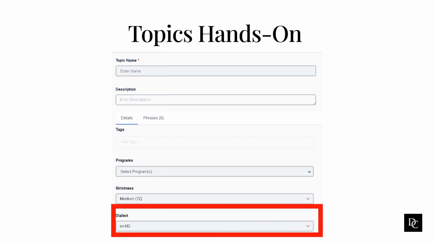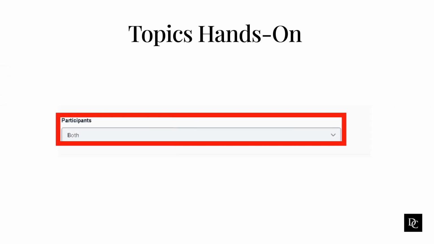Dialect indicates the dialect associated with the specific topic. Select a dialect from the dialect field. Participants indicates the participant associated with the specific topic. Select from the following. External indicates that this specific topic will only be recognized when its phrases were said by